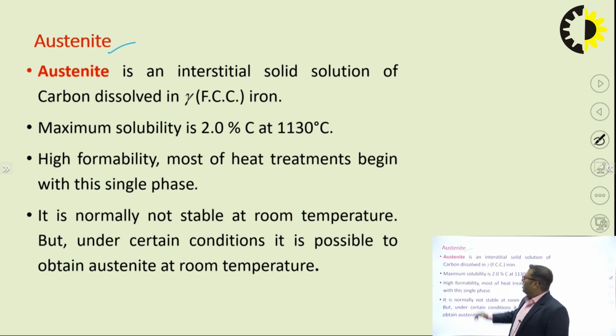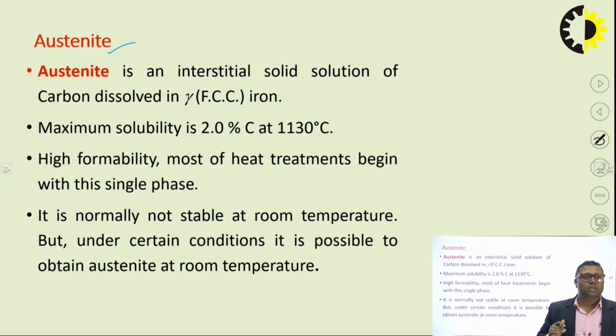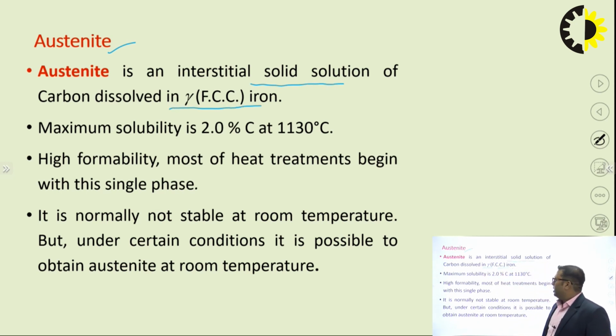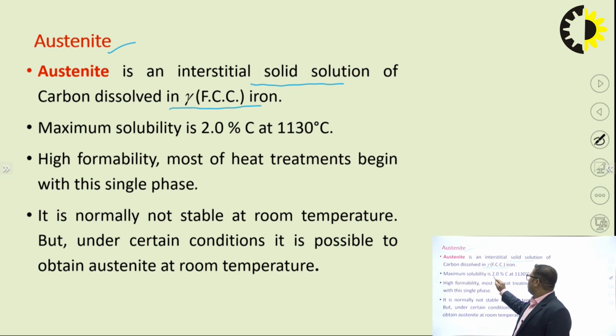But the real problem with austenite is that it is not stable at room temperature. It is actually stable above 728 degrees centigrade. Austenite is an interstitial solid solution of carbon dissolved in gamma iron, and the maximum solubility is around 2%